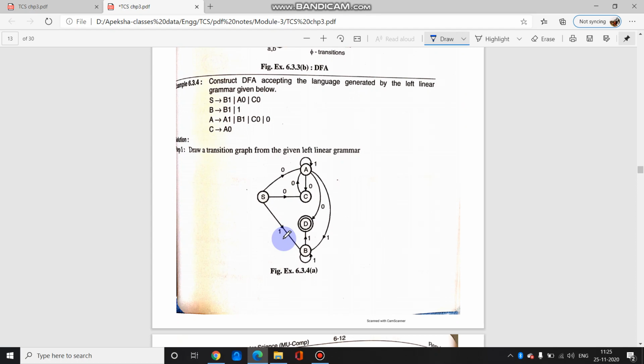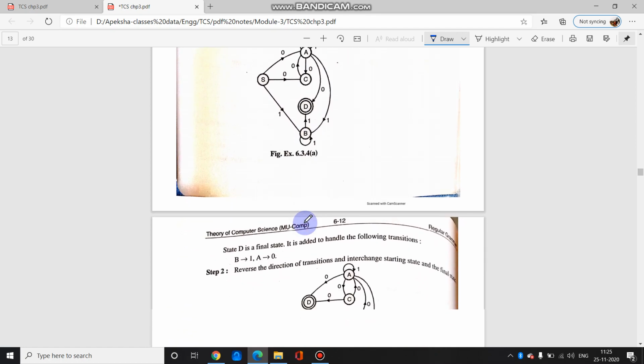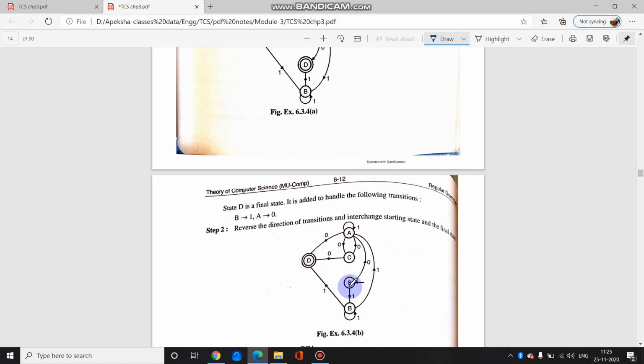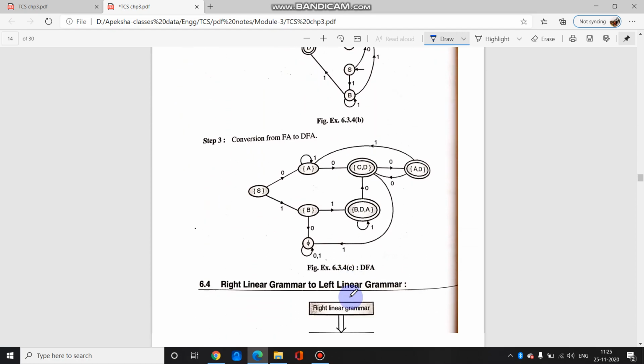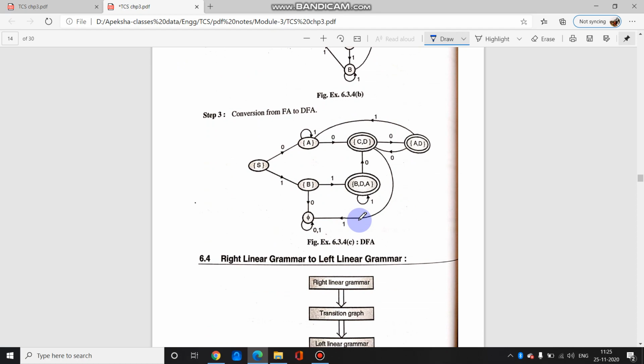See, this is the example. Next example we see, these are the productions given. So A B के जगह पे 1 0 use हुआ है, so accordingly वो diagram draw किया है. Again if you see you have to swap start state and the final state. So after swapping you get D over here, S over here and you have to reverse the direction. So if you see this direction is coming down, so यहाँ पे it is going upwards. Even here it is coming down, so it is going upwards. ये upwards जा रहा है तो यहाँ पे downwards आ रहा है. And after reversing the direction you can draw the final state over here.